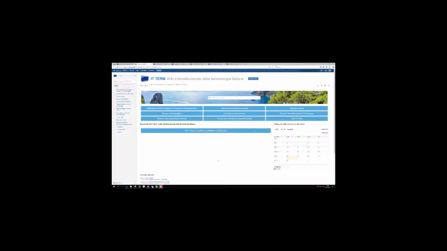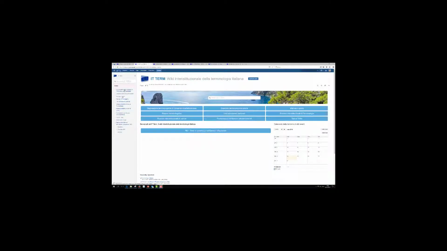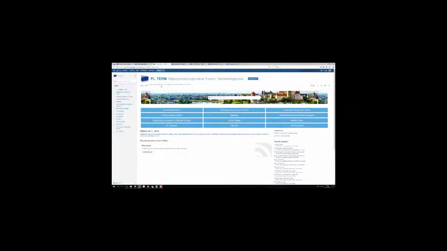The structure of the language wiki is the same. As we can see here in the case of the Italian language wiki, there's a menu to the left, and then on the start page there are links and an image. The content in the case of the Italian language wiki has been linked directly to the start page. If we go to the Polish language wiki, we can observe the same structure with the menu on the left and then the links on the start page. However, the Polish language community has selected which content is most important to link.